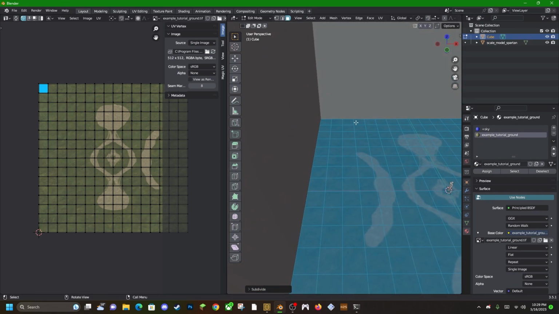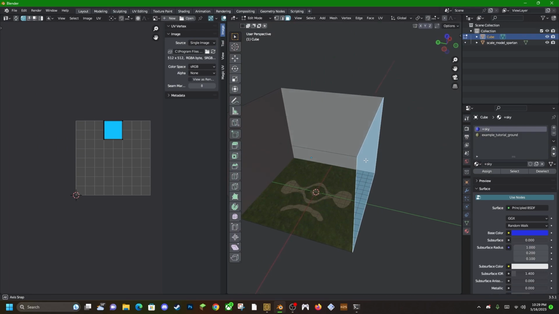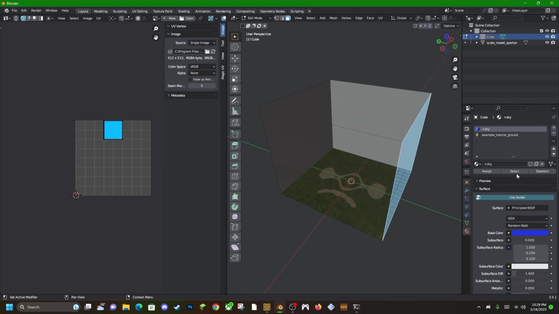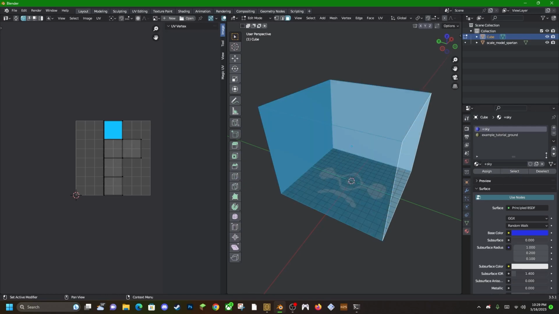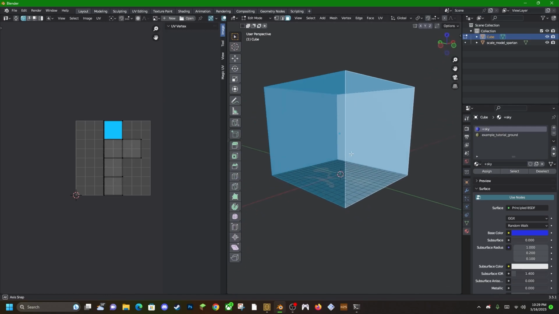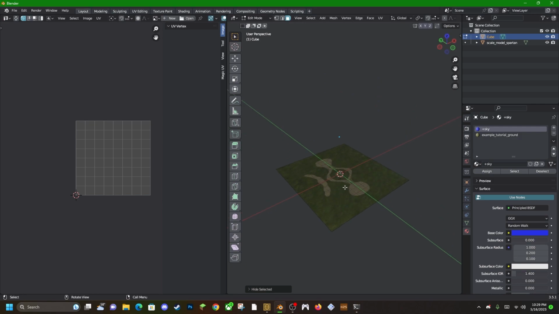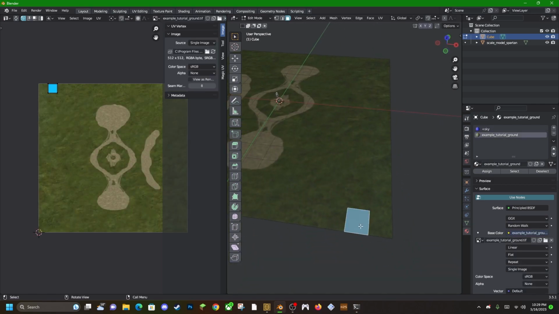Now what I recommend doing is, for the sky faces, while you have the sky material selected, we're going to select all with the select button right here. We're going to tap H to hide them. And then here we pretty much